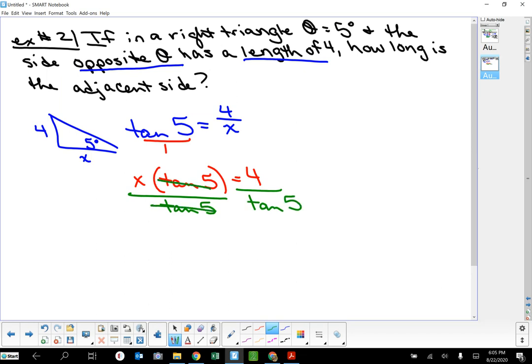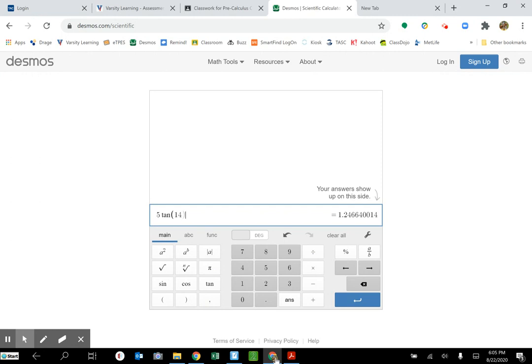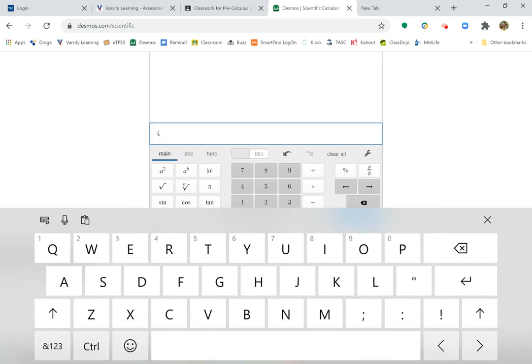These cancel each other out, and I get x equals 4 divided by tangent of 5. So I'm going to go back to my calculator. I'll backspace, I'll clear all. X equals 4 divided by,